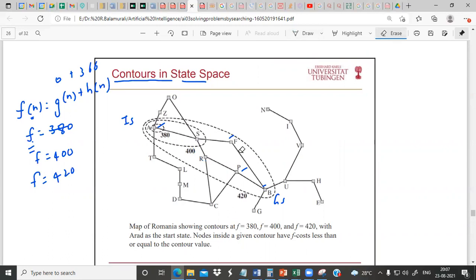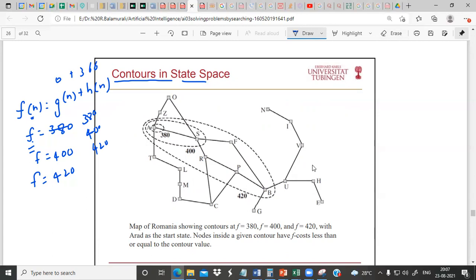See, in the algorithm we have discussed, we are randomly increasing the contour. This is a contour. These concentric circles are called contours. The size of the contour we are randomly increasing. We are not following any procedure. Initially we kept 380, then we made it 400, then we made it 420. Is there any rule? No, it is something we are randomly adding.